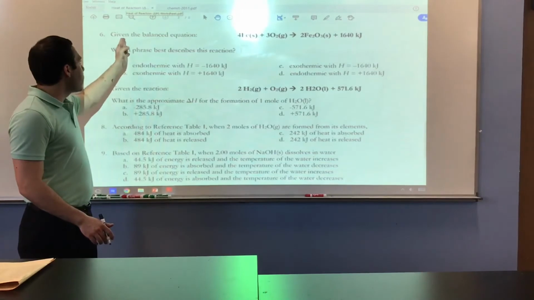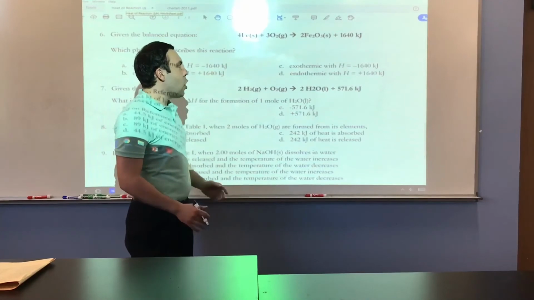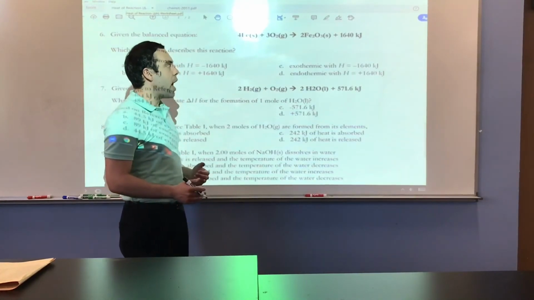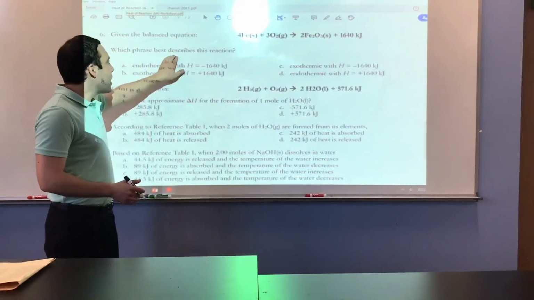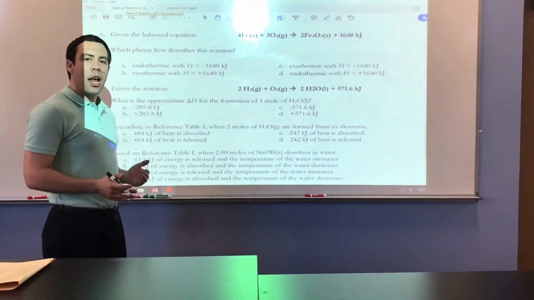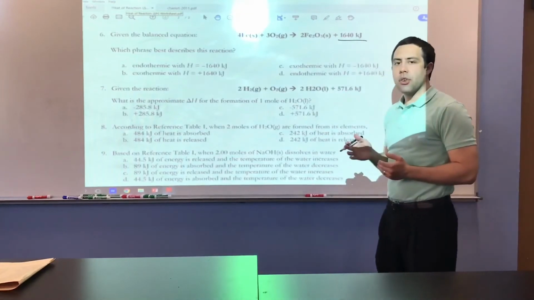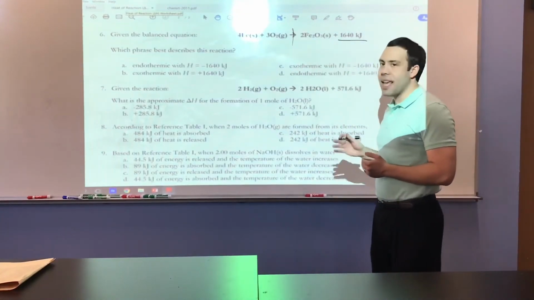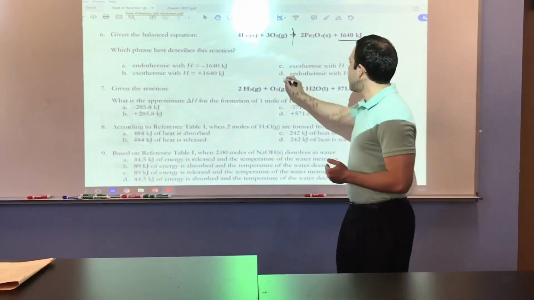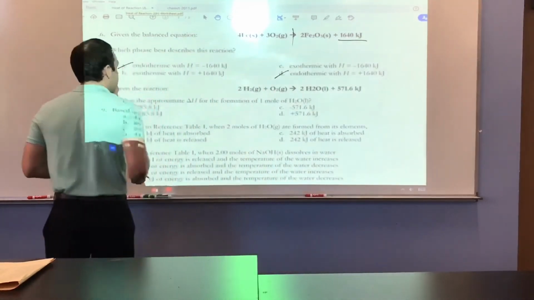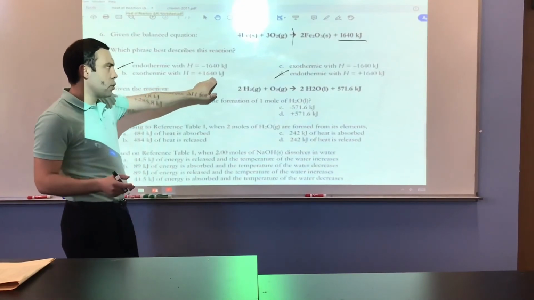Question 6 states, given the balanced equation, 4Fe solid plus 3O2 gas goes to 2Fe2O3 solid plus 1640 kilojoules. Which phrase best describes this reaction? Well, when I look at the energy, the 1,640 kilojoules is on the right side of the arrow. So automatically I am thinking exothermic. So I could get rid of choice D and choice A. Now I'm left with two choices, either positive 1,640 kilojoules or negative